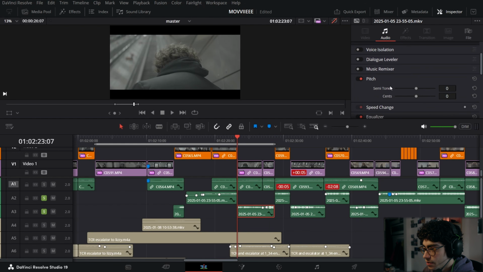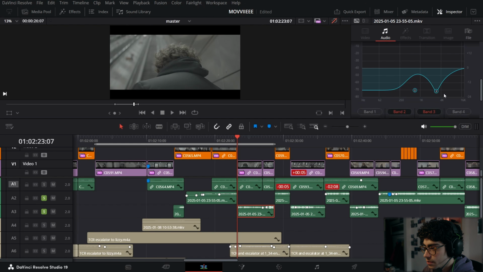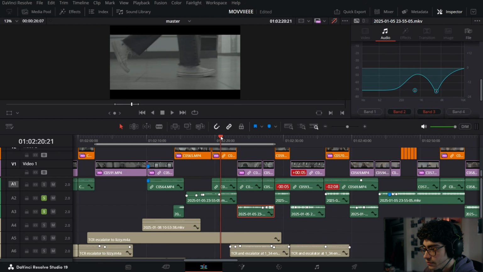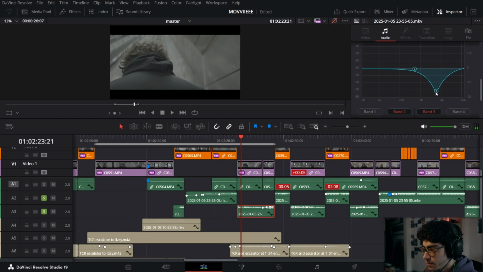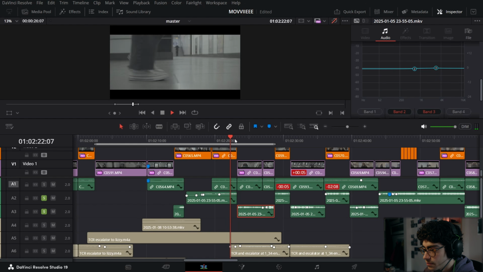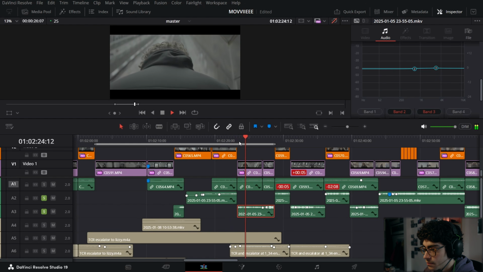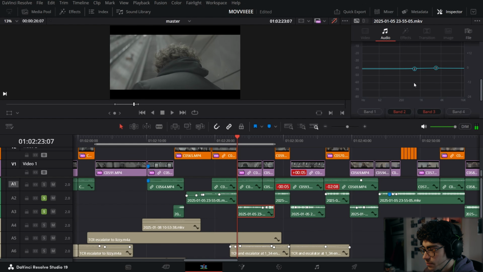And the way that I've done this is with the equalizer. So I've basically just brought down these two points, and that is giving us the muffled sound. Right, so if I bring these back up, it's going to be a lot louder as well now. Right, it just sounds normal. But if I bring this down,